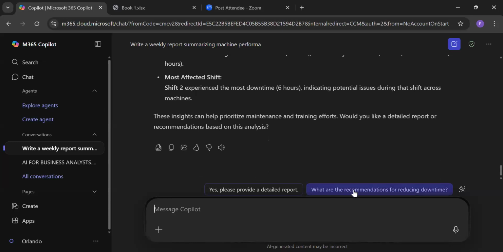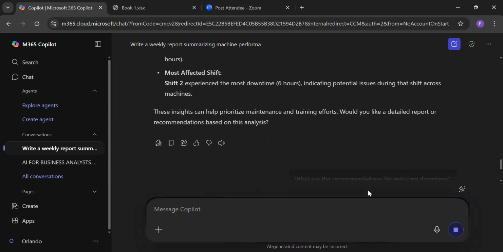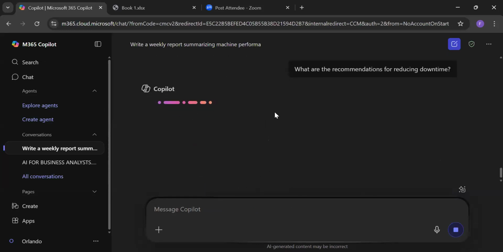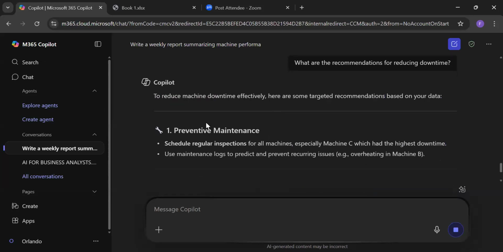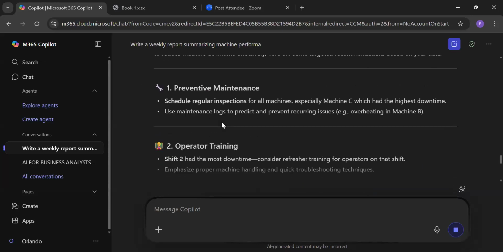We can also tell it to give us recommendations for reducing downtime. So we can do preventive maintenance by scheduling regular inspections for all machines, especially machine C, which has the highest downtime.